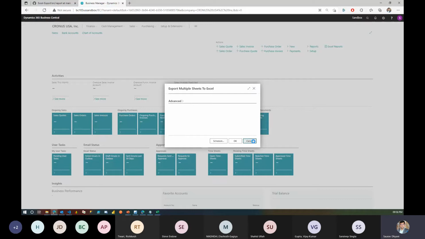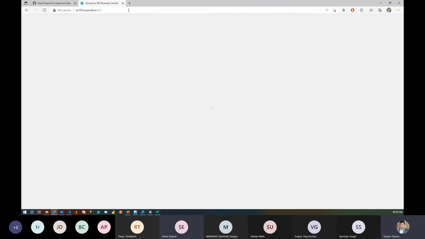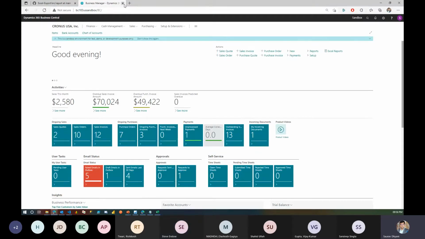Right. Because natively there is export to Excel. You can click it on any page and generate that Excel, right? But don't configuration packages have the ability to pull multiple worksheets? Yes, it has, but that is again based on one table at a time. Like you can have raw customer, vendor tables on different raw tables, but let's say if you want to get